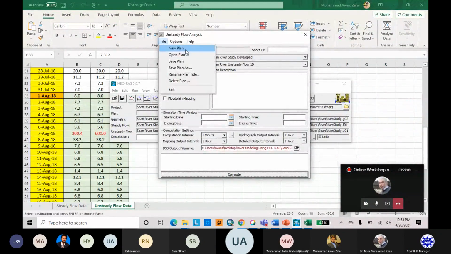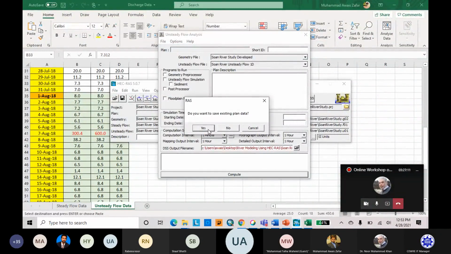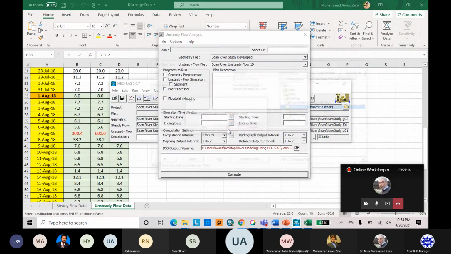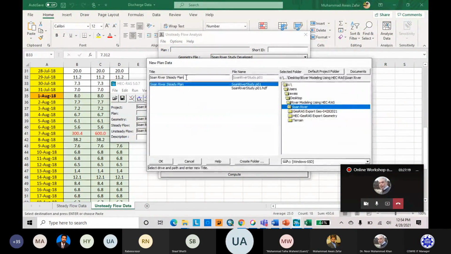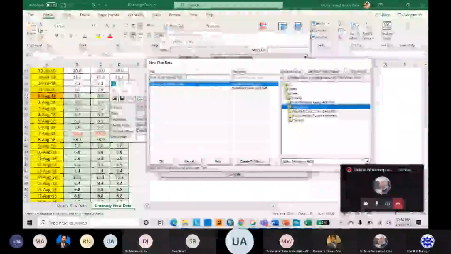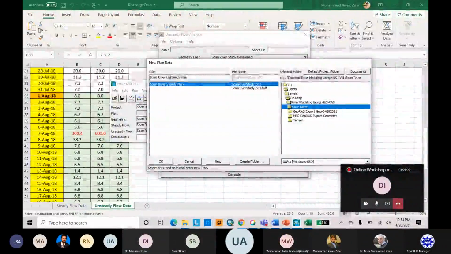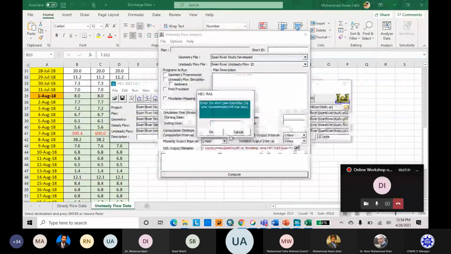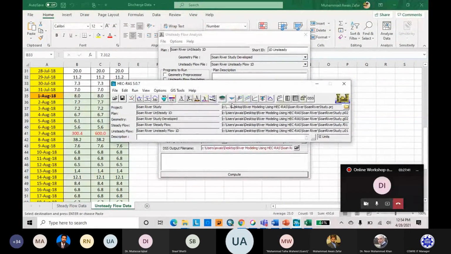First, we have to create a new plan. Do you want to save the existing plan? No, we will create the new plan. We first have to specify our start date.